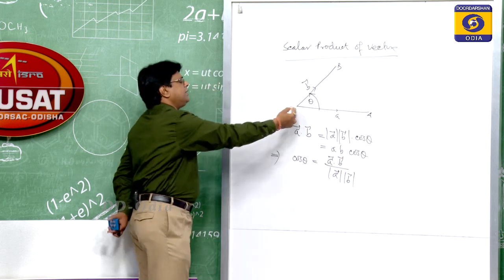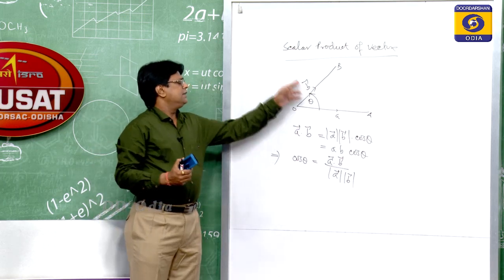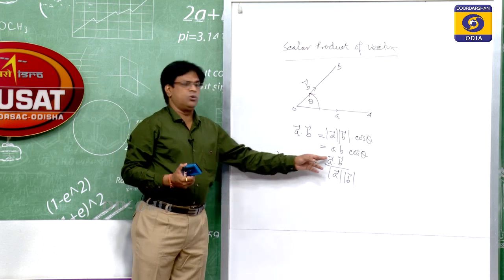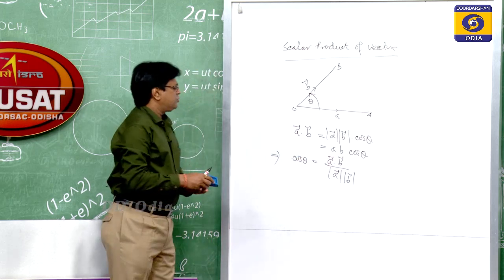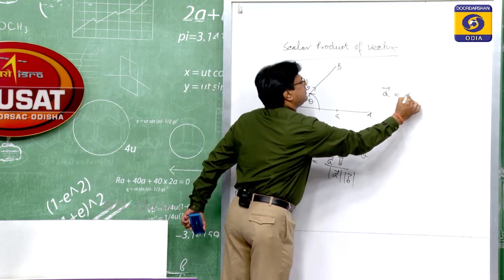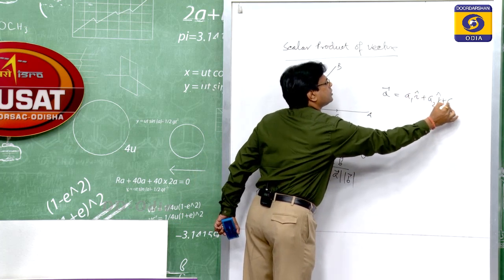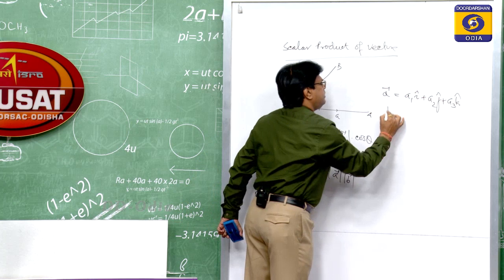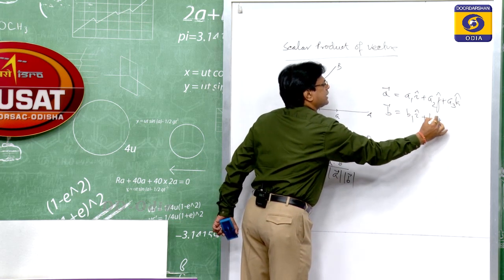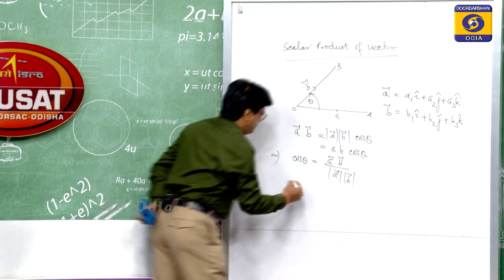So, again, if the two vectors A and B are given, can we also find out the angle between them? This is your cos theta is equal to A dot B by A magnitude and B magnitude. Suppose A vector is A1 i cap plus A2 j cap plus A3 k cap, and B vector is B1 i cap, B2 j cap, B3 k cap. Then A dot B